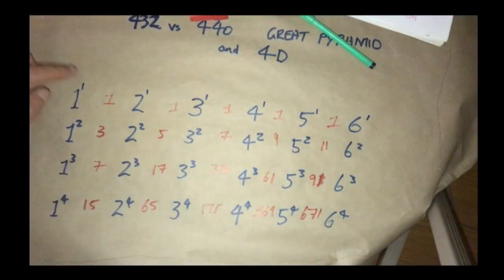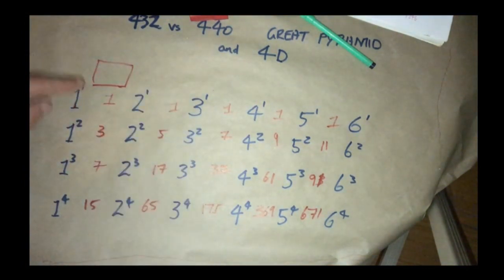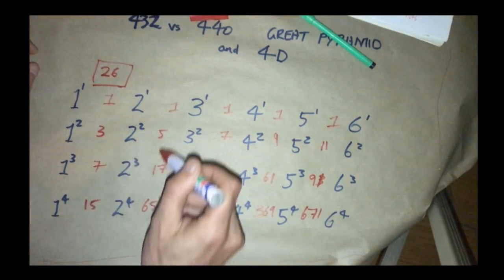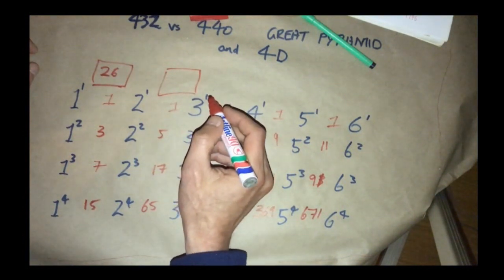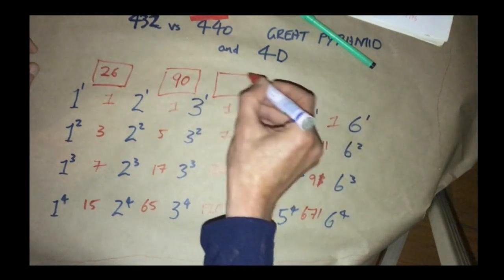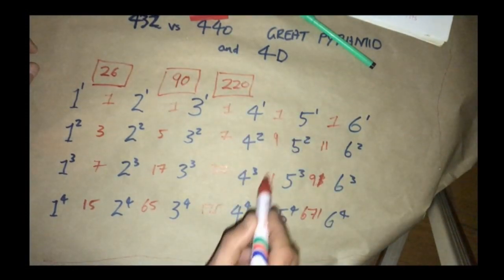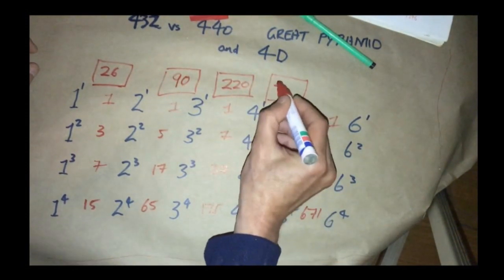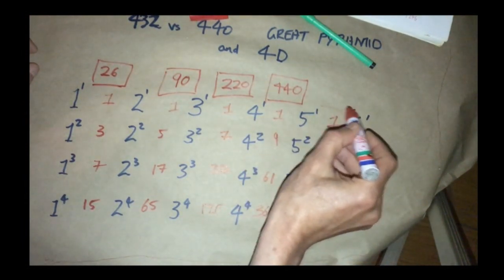So now we have the differences between them, and now let's just add them all up. So 1 plus 3 plus 7 plus 15 is 26. 65 plus 17 plus 5 plus 1. Let me double check that one. 90. Just follow the pattern, add them up along the line. 220. Add these up. We get 440. And next one would be